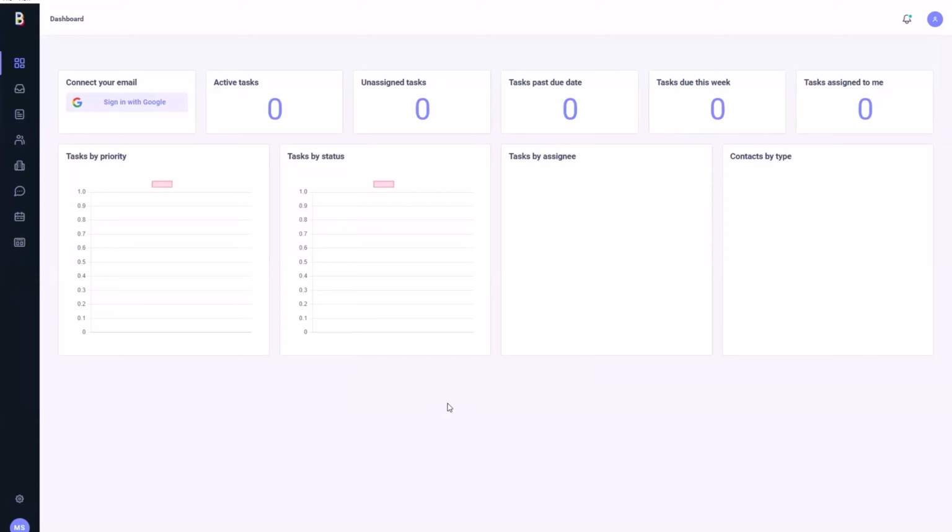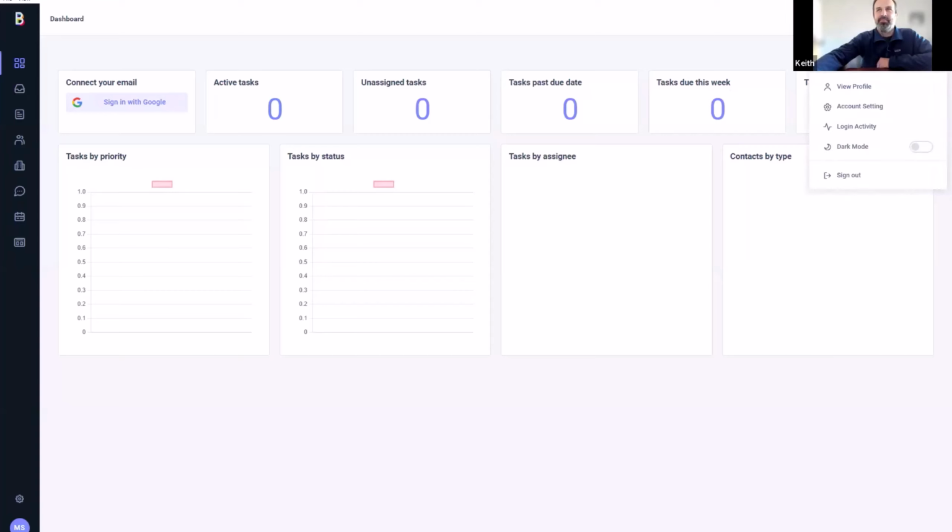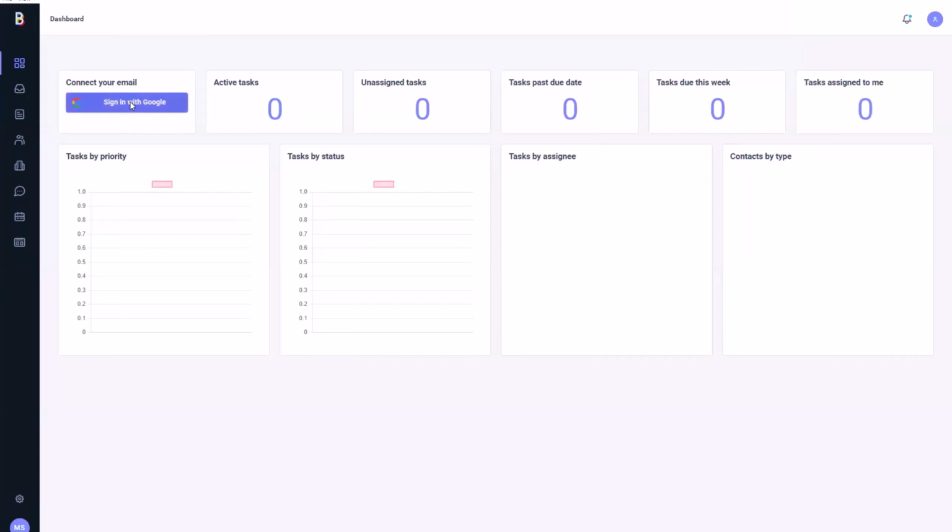So we have the dashboard. We can connect our email with Google. Oh, this would be great for a team. There's so many toys to play with. I don't know where to start, Keith. Yeah. Let's do your Google sign in first so we can at least get that starting to download your emails